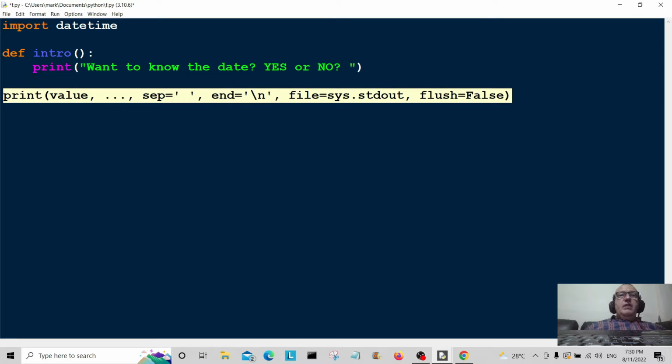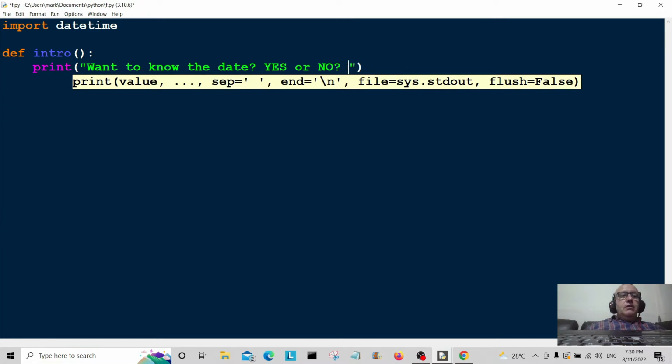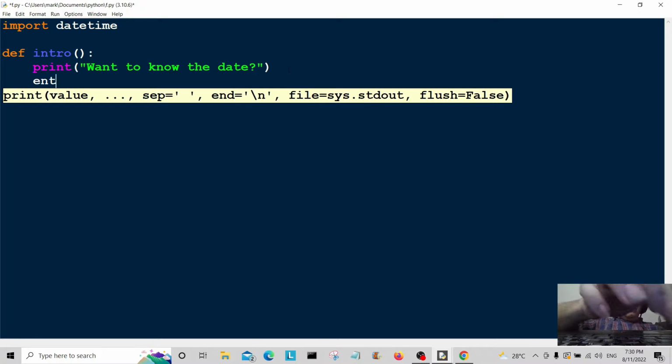So in fact we don't need to put this here because I'm going to do it in the input function. So I want to know the date, so that'll just print up that message, and I'm going to say entry 1